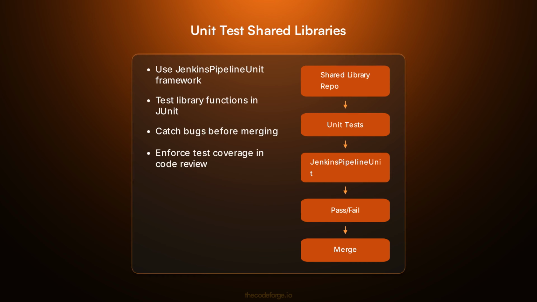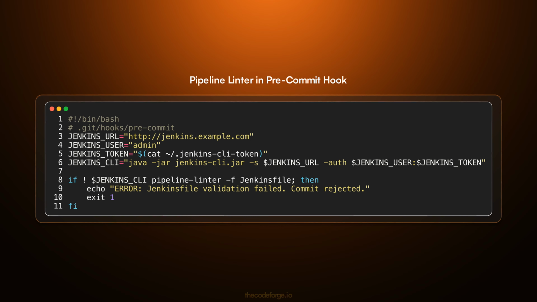The article mentions integrating the linter into a pre-commit hook, but doesn't show the hook script. Here's a concrete example using a git pre-commit hook that runs the pipeline linter via the Jenkins CLI, aborting the commit